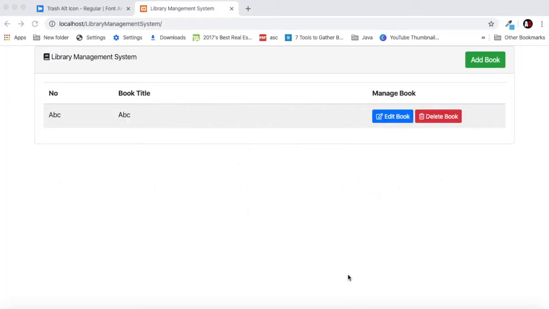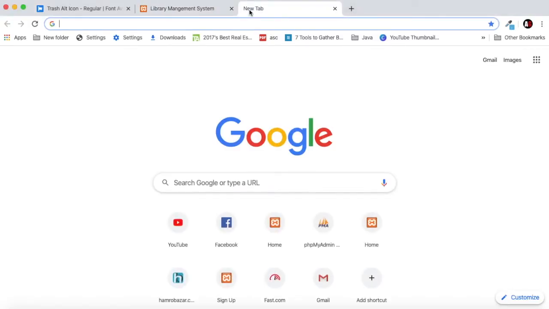So in this video we will work on our add book functionality. Before this we designed our home page. Now if I click this button, the modal should appear here, and we should be able to add the book records. So for that, let's go to the Bootstrap website,